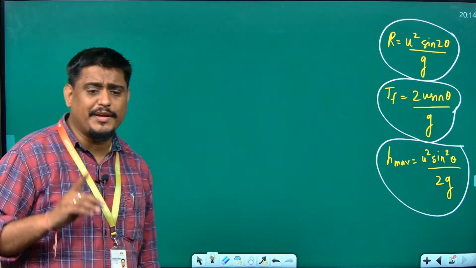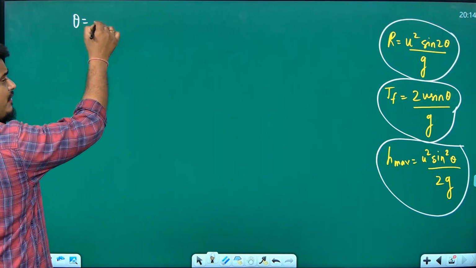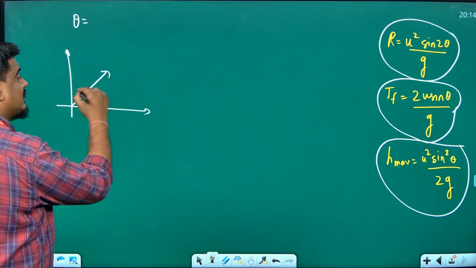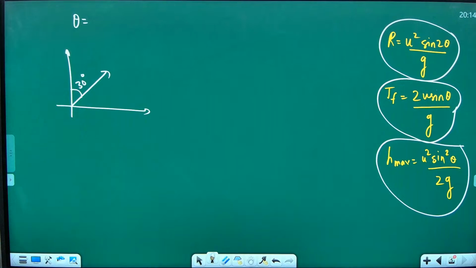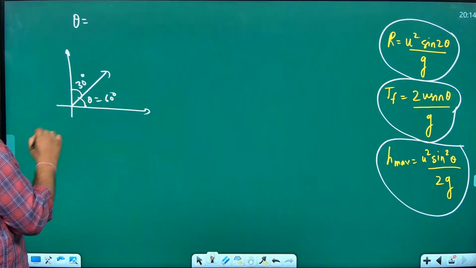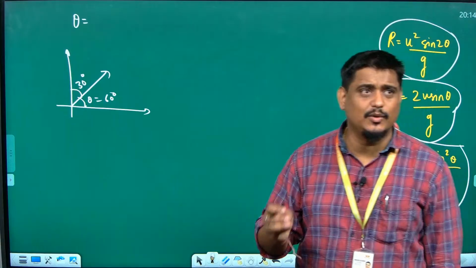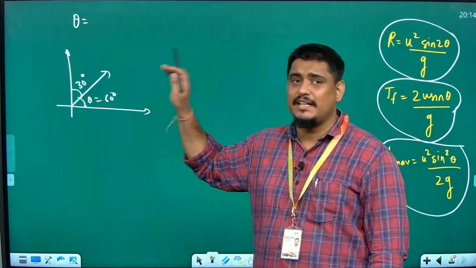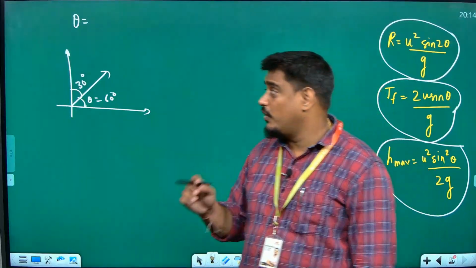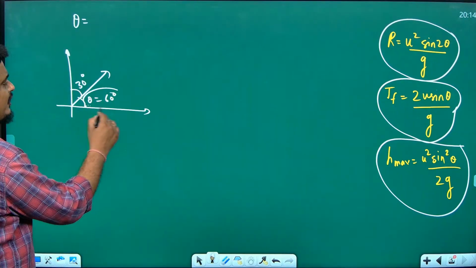Only thing that you should be careful with is the theta value. If you are taking theta as 30 degree and solving, you will get a wrong answer, because here they told 30 degree with what? Vertical, right? So theta is not even 30 degree, theta is how much? 60 degree. That is the only twist in the question. Rest everything is basic solving only. Now theta you got the value, solve.